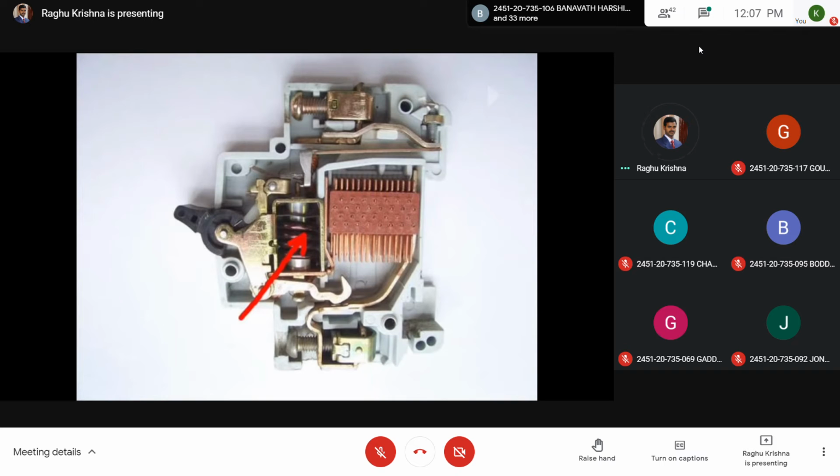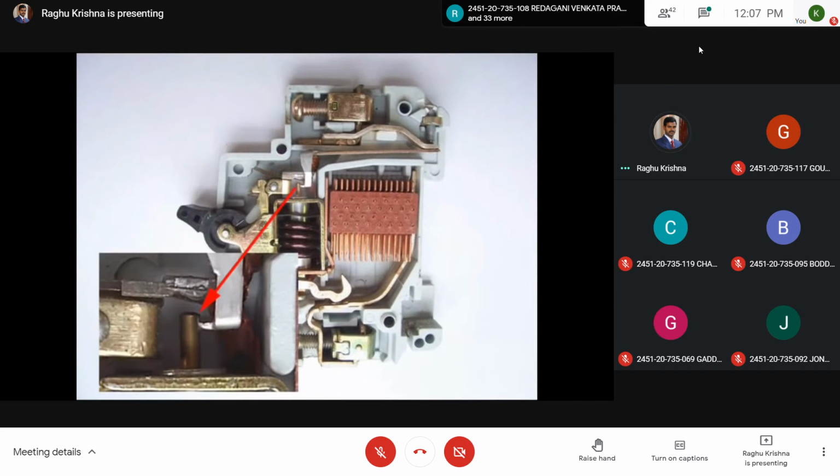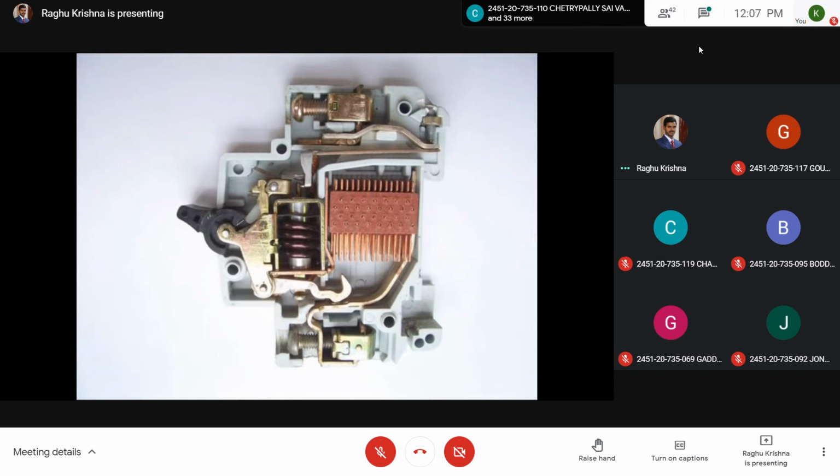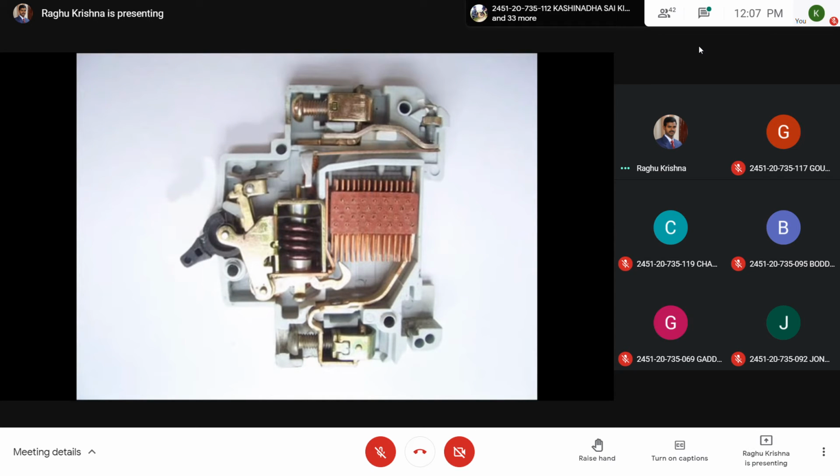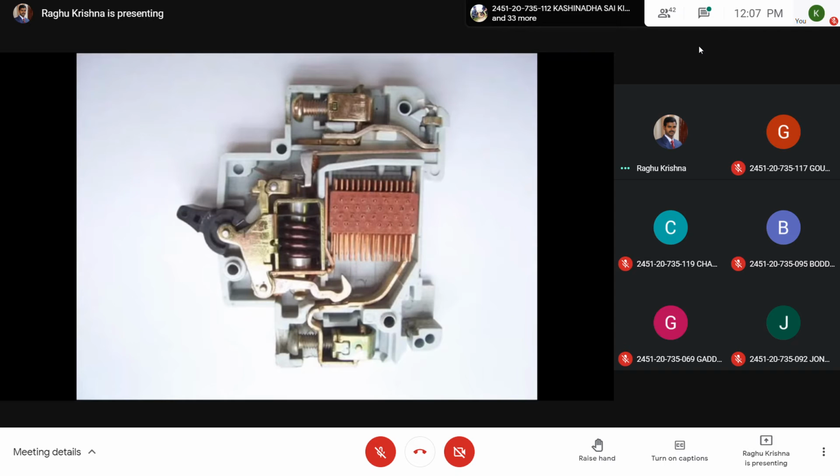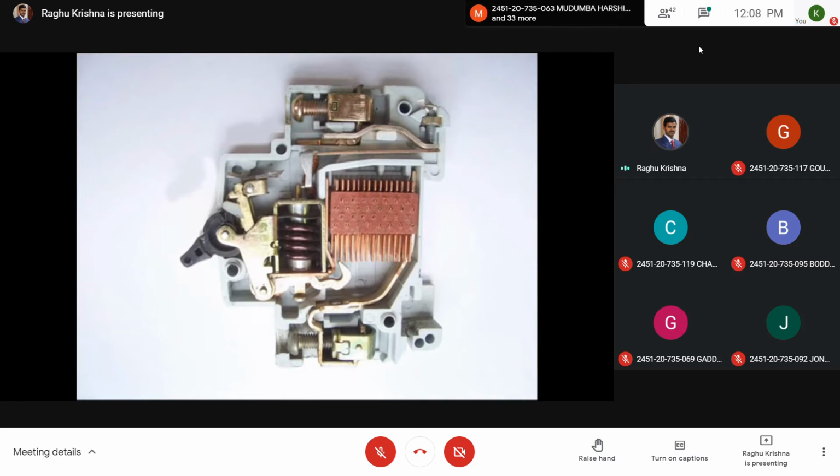The trip coil is placed in such a manner that during a short circuit fault, the MMF of that coil causes its plunger to hit the same latch point and make the latch to be displaced. Hence, during a short circuit fault, the MCB will open in the same manner. Again, when the MCB is required to be switched off manually, the operating lever of the switch is operated by hand. When we do so, the same latch point is displaced, and as a result, the moving contact is separated from the fixed contact, and the MCB becomes open.